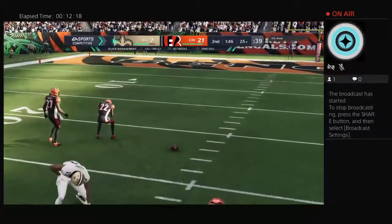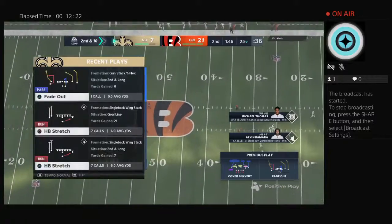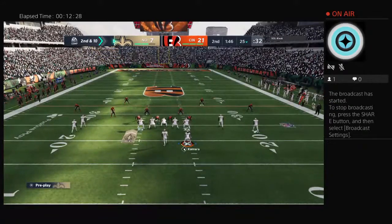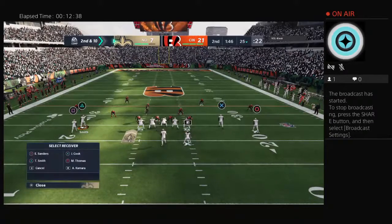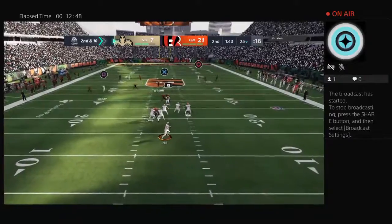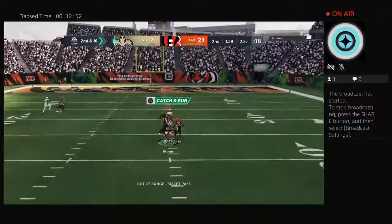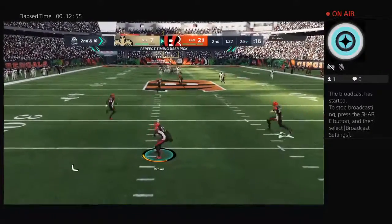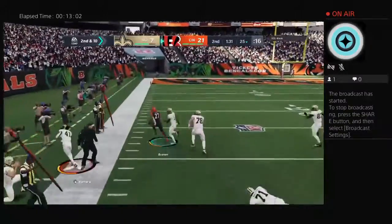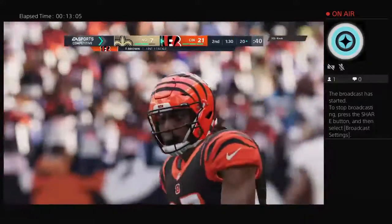Looking for more there on first down, but this throw downfield incomplete. He was trying to hit Thomas that time, and now it's 2nd down. 2nd and 10 at the 25-yard line. To throw again. Hill. Looking long for Thomas. And for the 3rd time here in this half, it's intercepted. Picked off at the 24. No, sir! No, sir! So that is 3 interceptions now in the